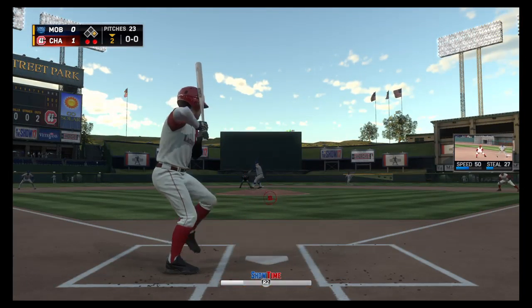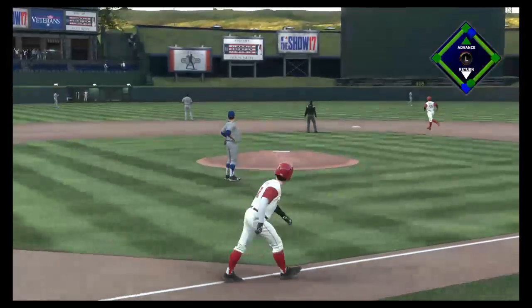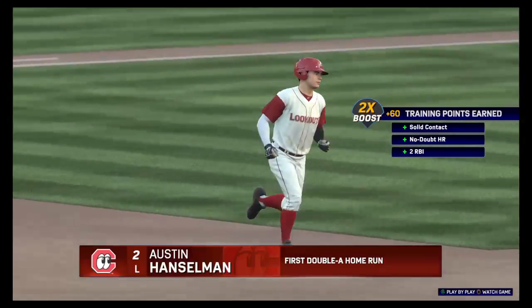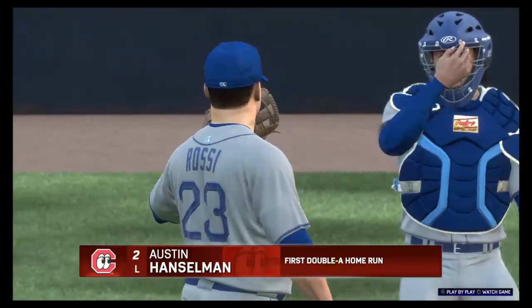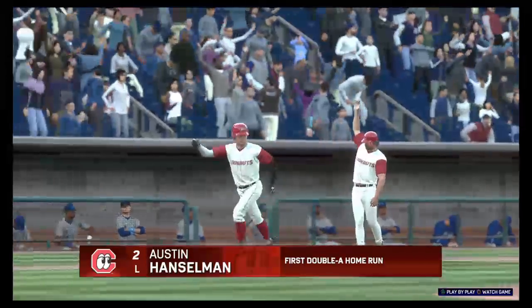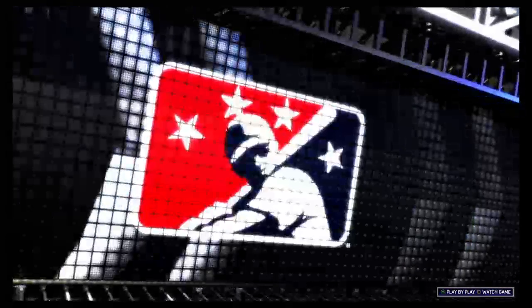First pitch of the at-bat. Oh, and this fastball is belted to deep left center field. Does he have enough to get out of here? Yes, a home run. And a big moment for him there, his first home run as a Double-A player. Yeah, and you always like to get those first out of the way, no matter what level you're playing at. Obviously, he's got aspirations to play in the big leagues, and this is exactly the kind of production that this...